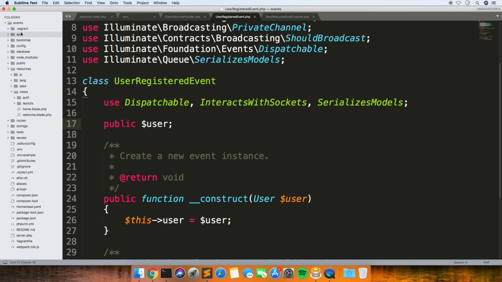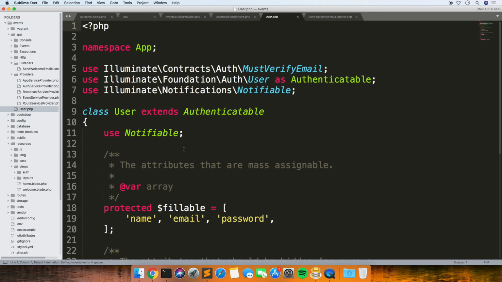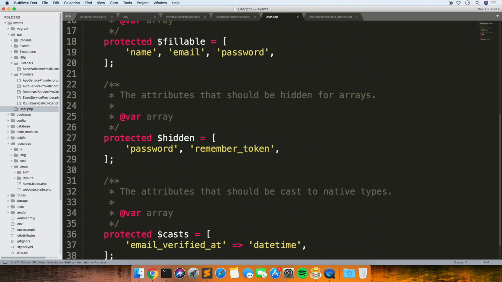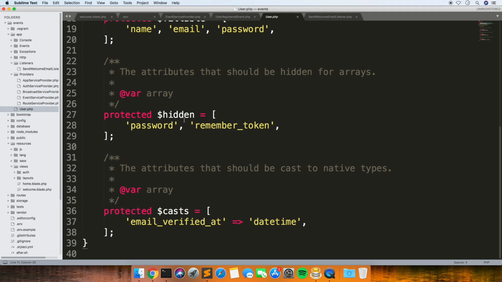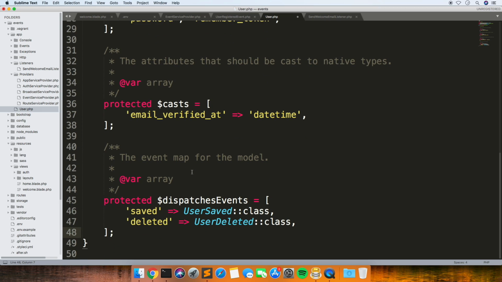We've already got a few things in here. So if we just go below that and just paste in that block,